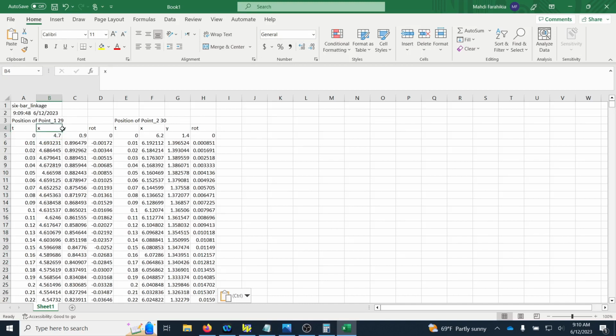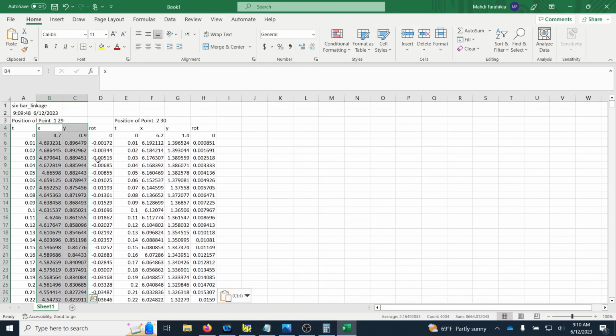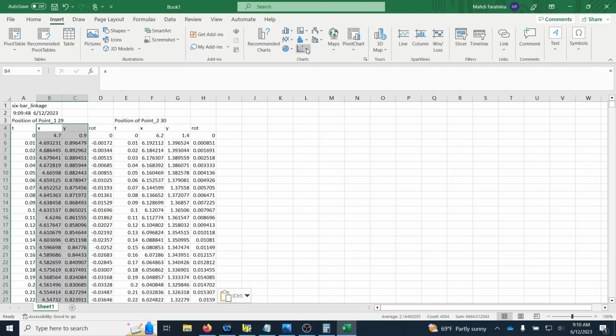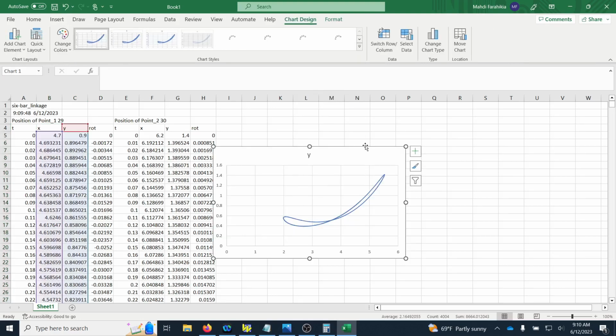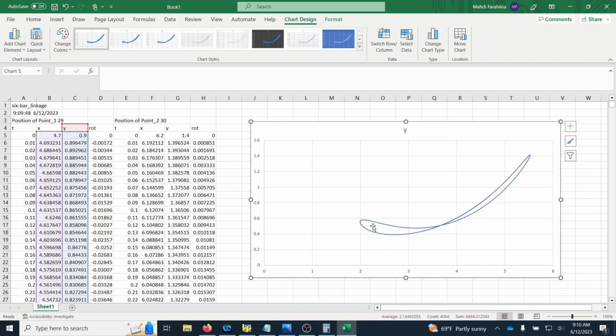What I want to do is take these points, the x and y coordinates of the first point, and go to insert, scatter, and do a plot. So what this plot shows is the profile of that point that moves with that first triangular link that we created. So we can see that it just moves along this path, and at this point it crosses itself. And then I can do the same thing for the second point,